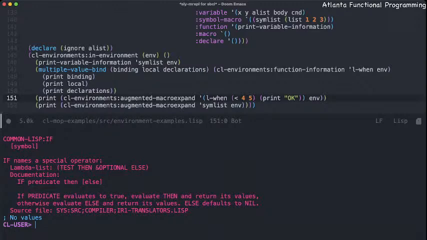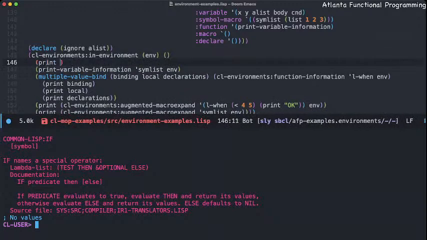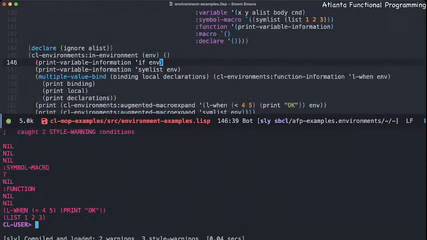How do I look up that particular symbol in a given environment? We only get variables, functions, symbol macros, but we don't get symbol information. Oh, yes. We can actually go and grab it from the variable information because we can actually get type symbol. If env, let's see what happens. Nil, nil, nil. That is a problem. If I try to provide this in the nil context,